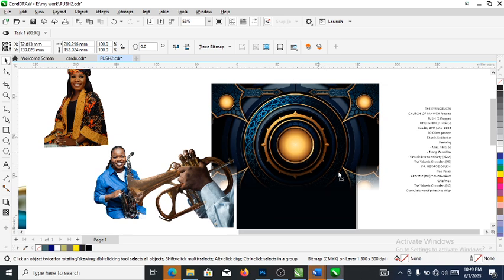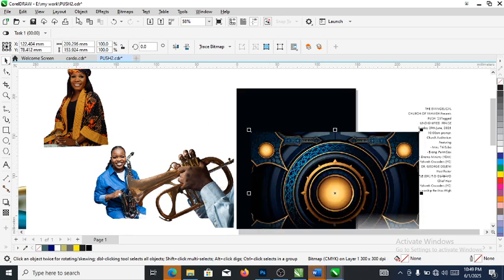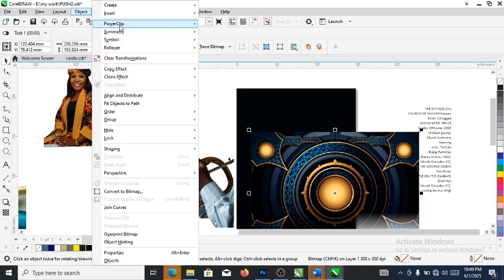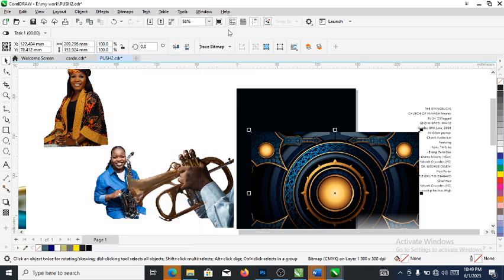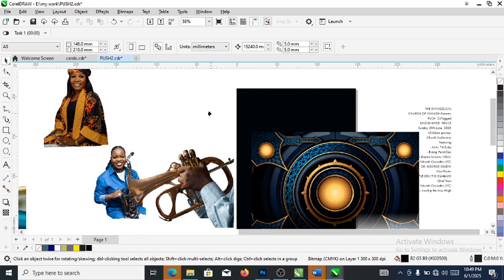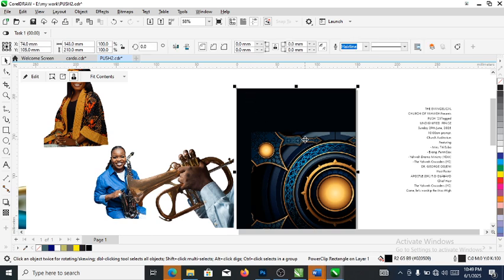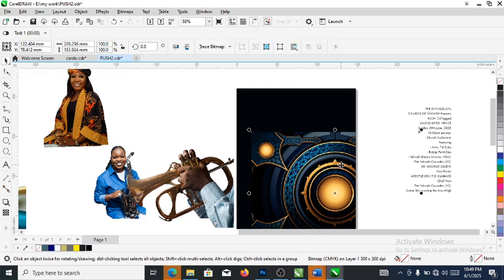Then let's go ahead and Powerclip that into place. Go to object, locate Powerclip, then hit place inside frame. Automatically an arrow shows up asking you where you want to Powerclip into. So let's select the background, and it automatically snaps in. So hold your hotkey down and select the